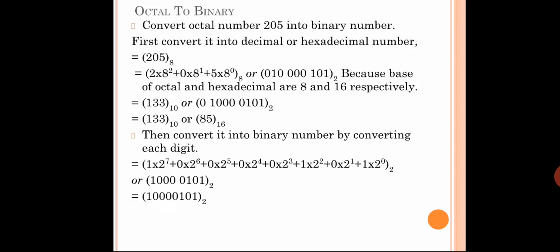From the right hand side you are going to calculate by giving 8 to the power 0, 8 to the power 1, 8 to the power 2, based on the position values. Ultimately you are going to get one number. The same number will be the decimal value, if you are going for decimal conversion. If you are going for hexadecimal conversion, what you have to do? Instead of going for 8, you have to go for... try it. You can try it. Once you get the decimal value, you can convert that decimal value to hexadecimal, isn't it?